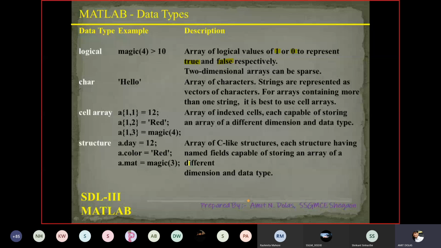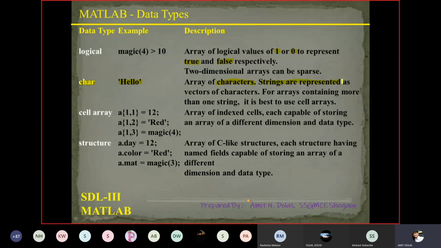Now coming to the data types again. Here is another data type, that is character. By putting single quotes, any character A to Z, you can use; space is also one of the characters, and arrays of characters are used in this.